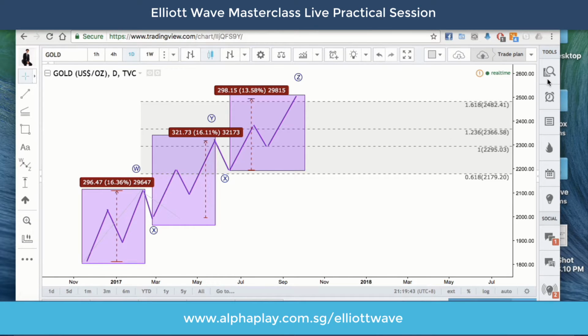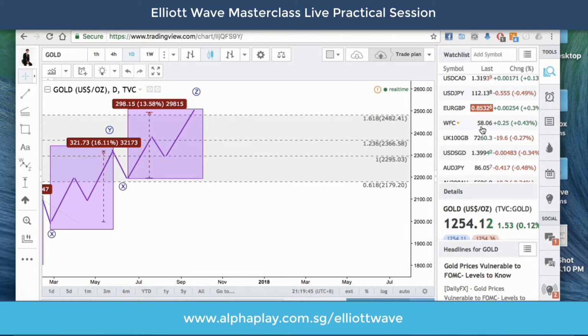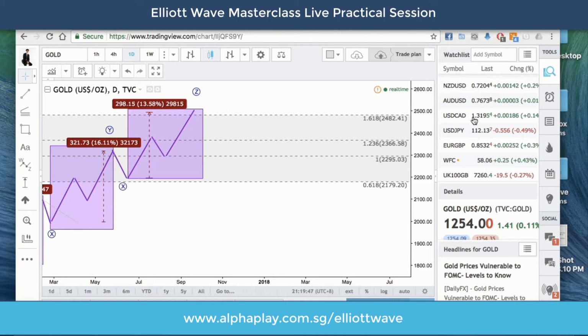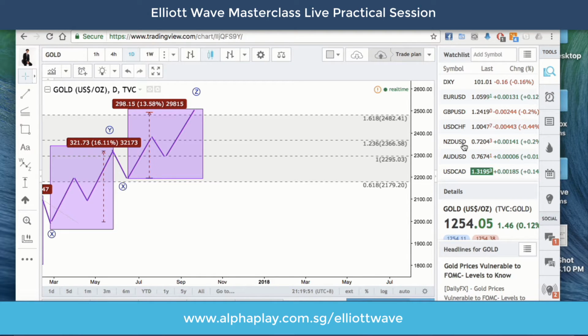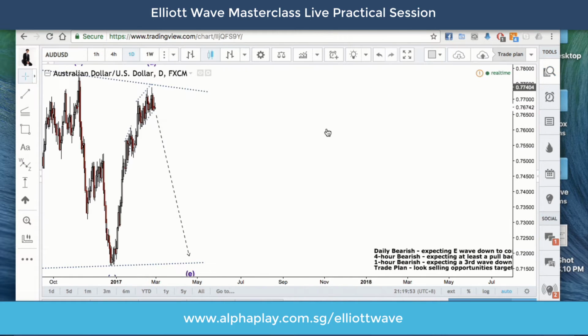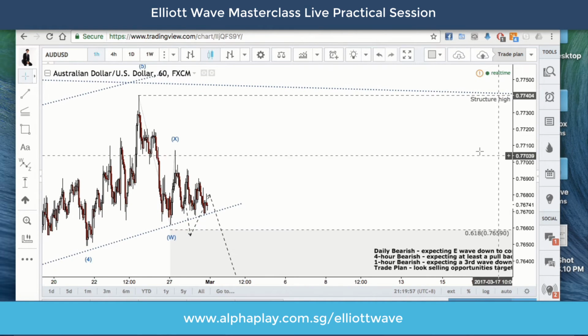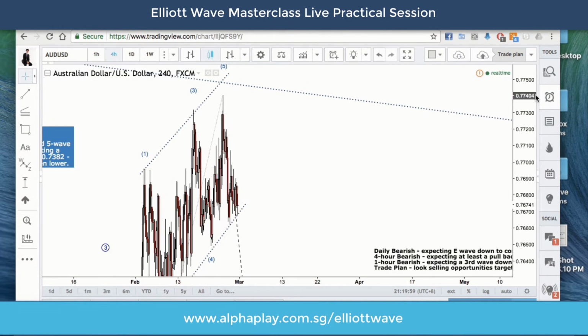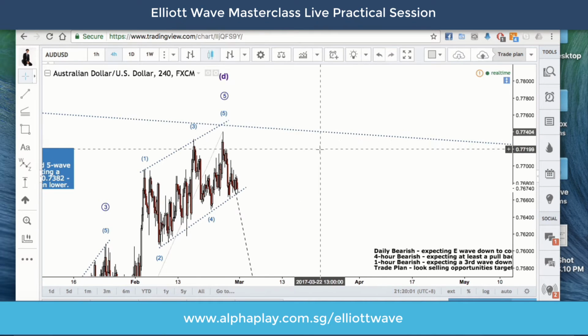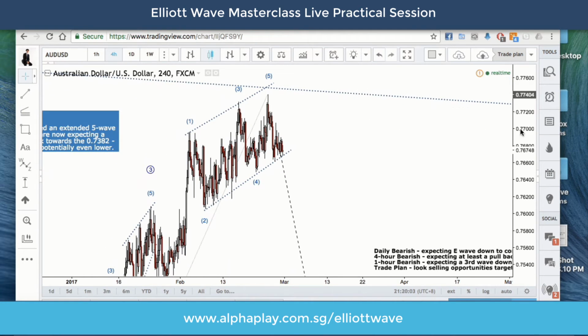Okay, so that is where the importance of knowing how to label comes in. Okay, let me show you an example. An example of the importance of knowing what pattern is forming is something like Aussie dollar. In Aussie dollar, if you can identify that,